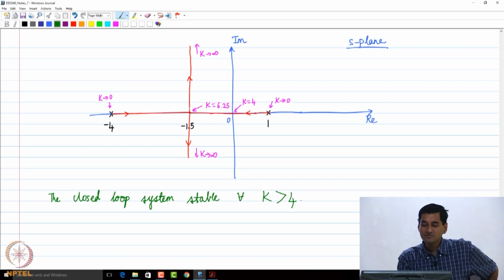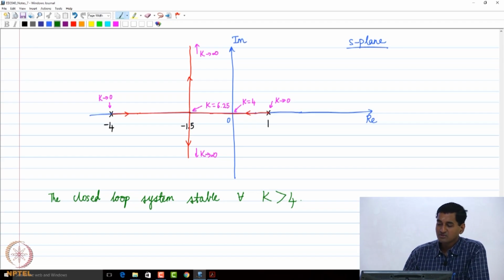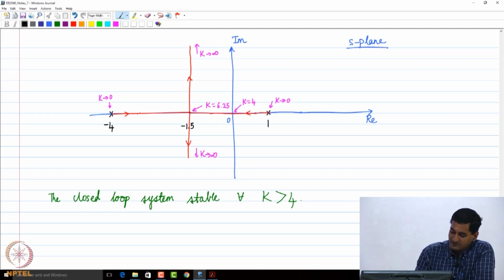So the root locus gives you a very nice graphical representation to essentially figure these things out, right? So that's the advantage with the root locus. You can get a general perspective. So let me ask you another question. So what range of K